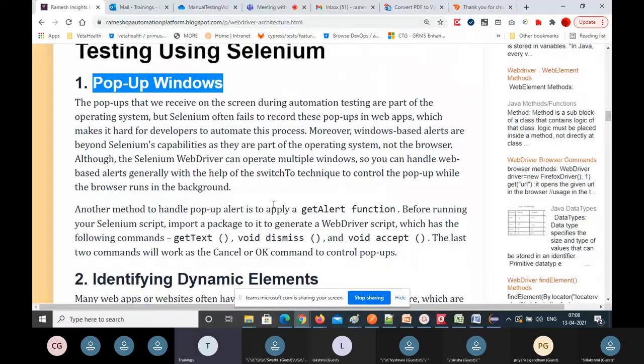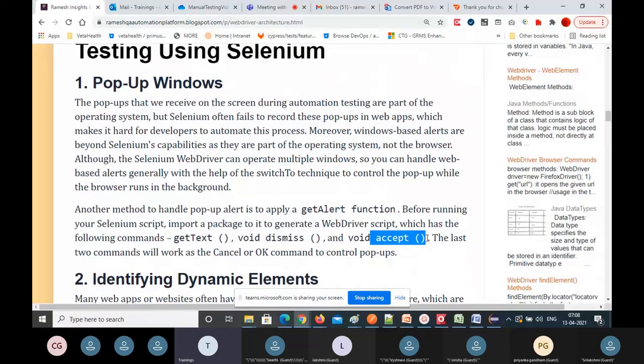These can be of the alert category, right? They are developed using JavaScript, and if you don't use a proper alert mechanism, it's not possible to handle them. Otherwise, your test script will fail there. But Selenium provides an alert interface and its methods, dismiss and accept, and using those you can handle these pop-up windows. So that's one challenge.